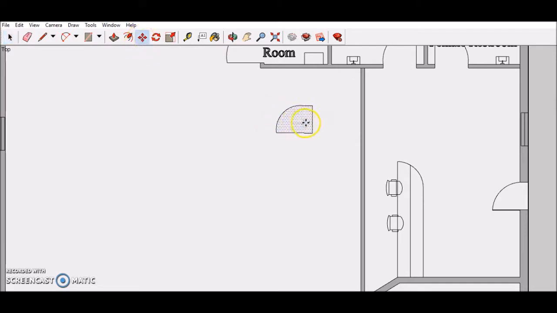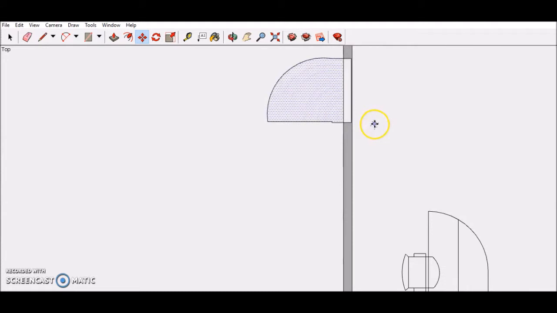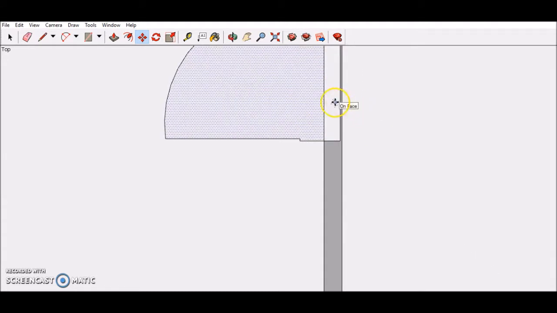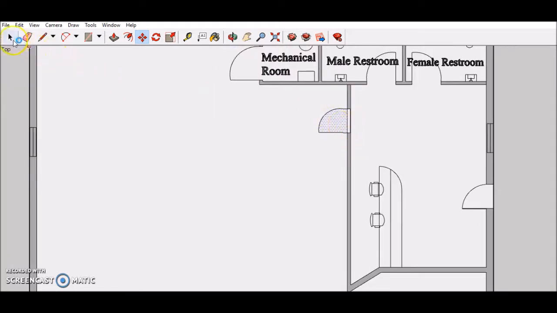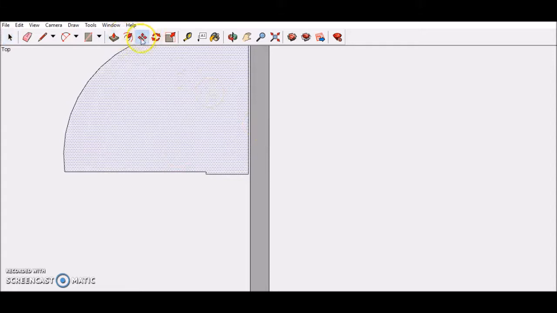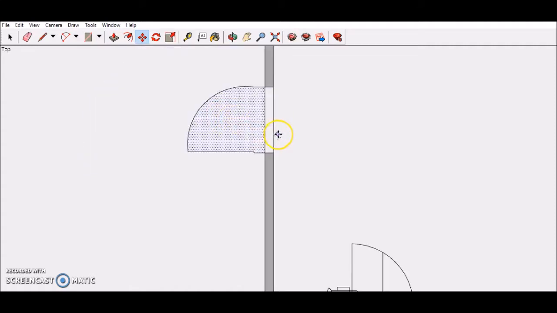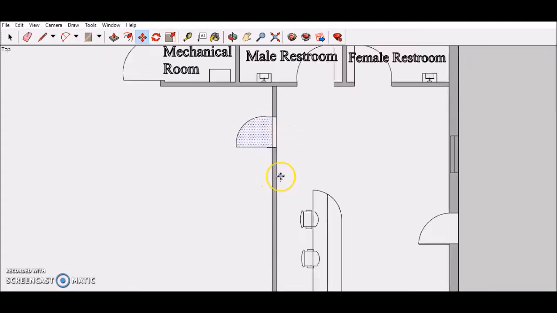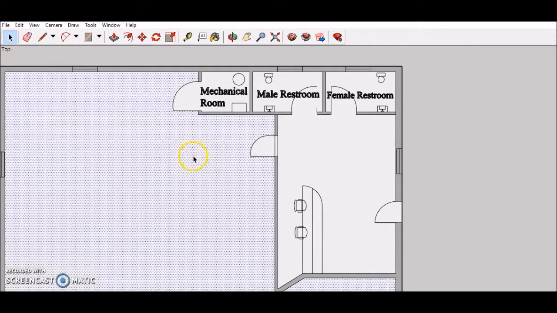And then you can move it. And then we want it right here. Well, actually put it right there. Put it right there. And then look. You can see how it already made an opening for us, so that works out. Except it's not all the way touching. So let's hit Control Z. And let's move it all the way. Let's see. It's on edge to edge. And there you go. So now we have a doorway